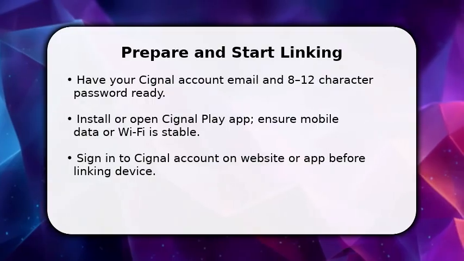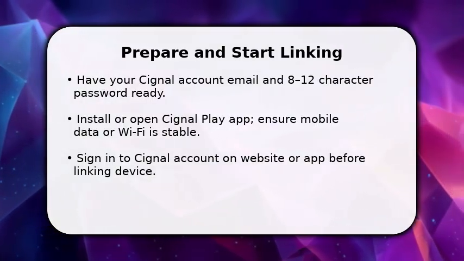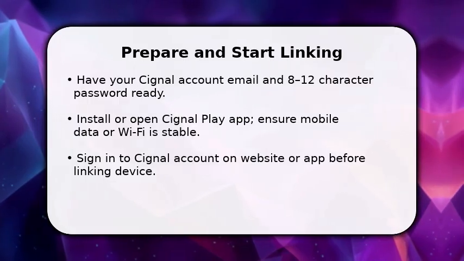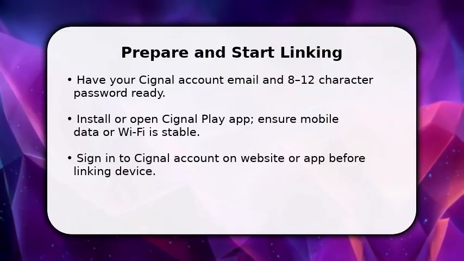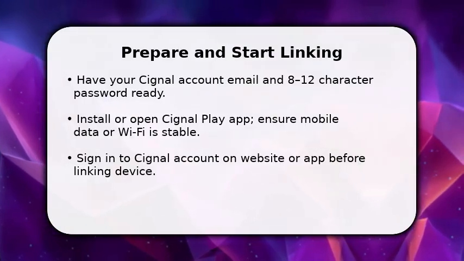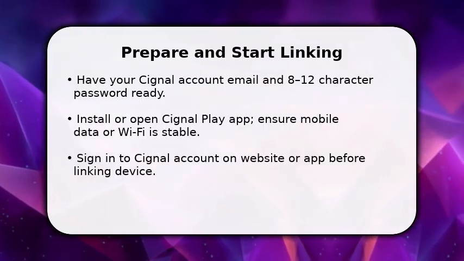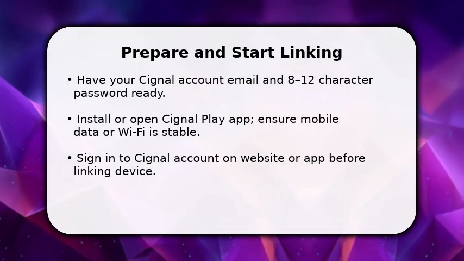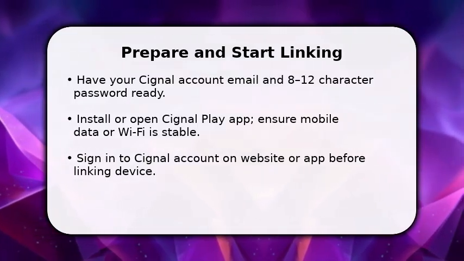You begin by confirming your Cignal account credentials and that Cignal Play is installed on the device. Open the app now and sign in. This creates the session needed for linking. Once done, navigate to the Profile or Settings tab and select Link Device or Activate so the app displays an activation code. Make sure your internet is stable because the link step checks account status in real time and will